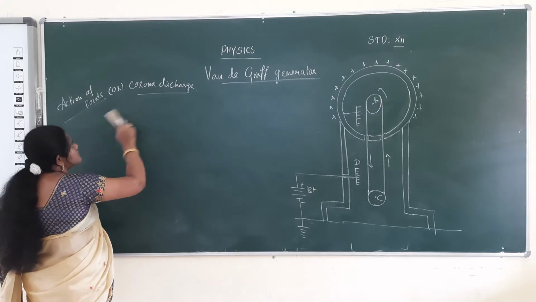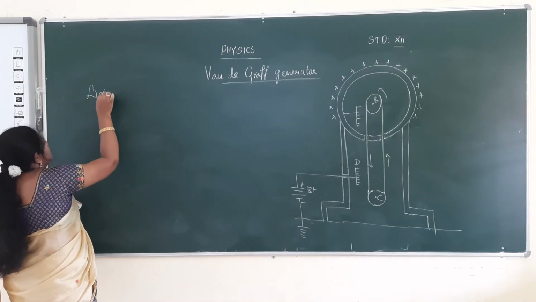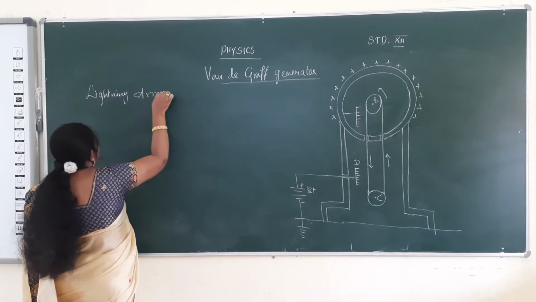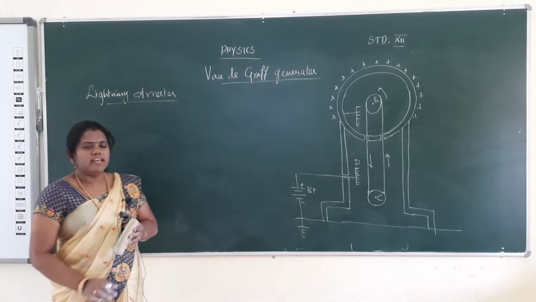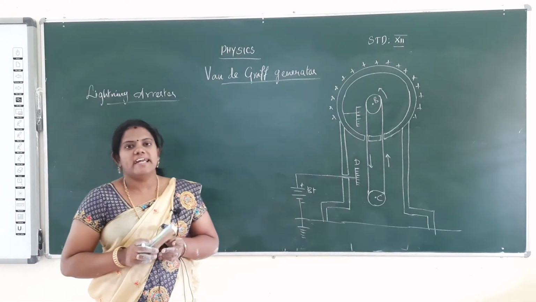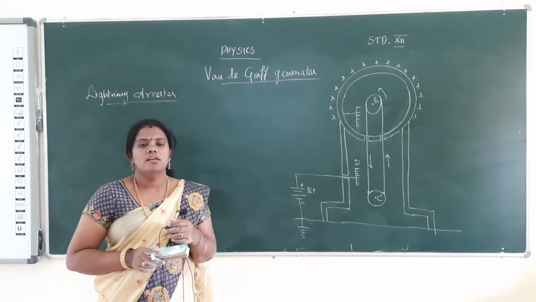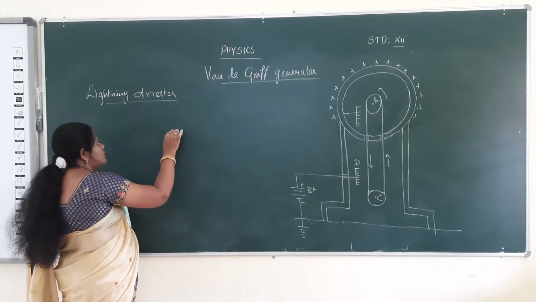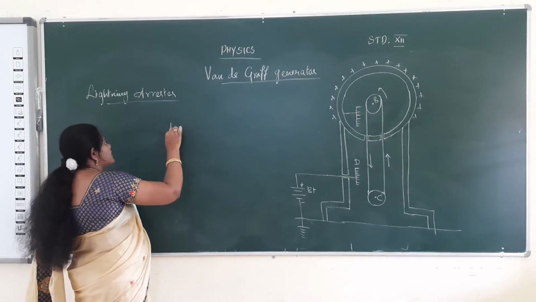A lightning arrestor. What is the meaning of lightning arrestor? In Tamil it is called idithaangi. The lightning arrestor is fixed at the top of the building. The lightning arrestor has two parts. It has one copper rod, and on one side of the copper rod there is one spike,